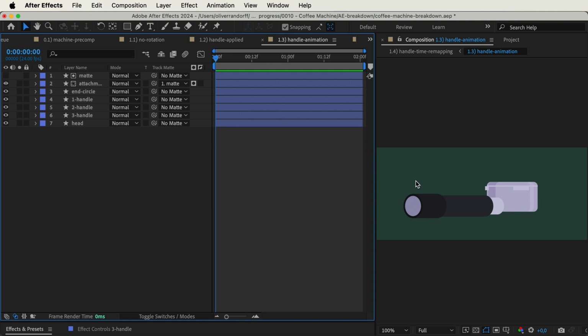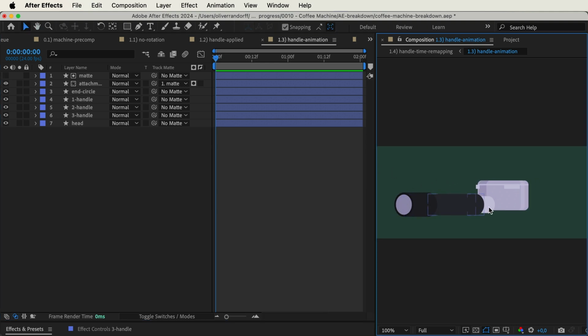So we have to keep in mind that we want to animate the handle moving or being shifted from this position to the center position, where we only see the circle, and then we can repeat that animation to the other side, just reversed. So we'll do this by animating the path of the rectangles as well as the position of the different parts of the handle.